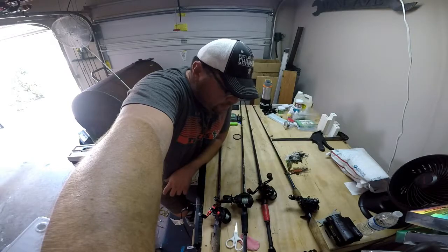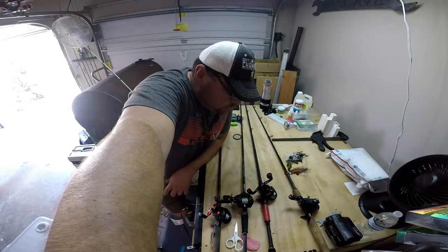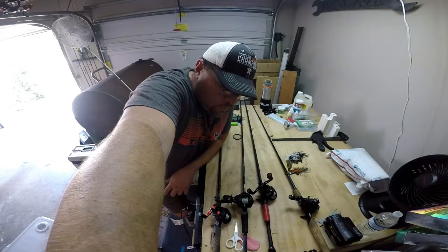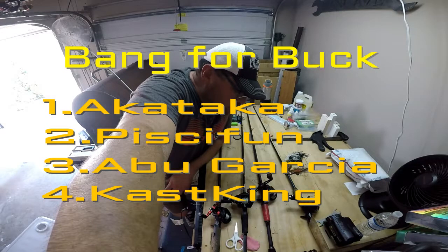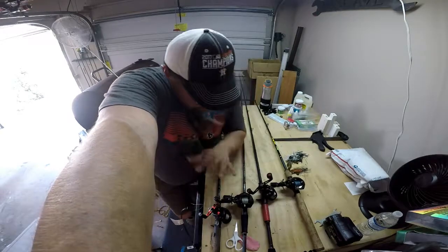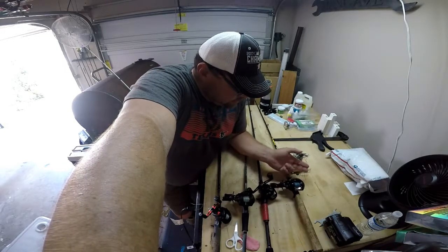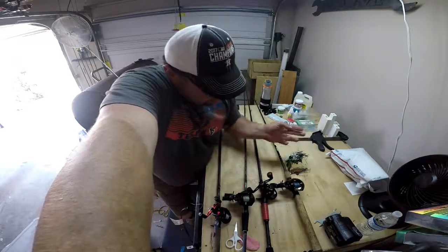If I were to go with performance and price, I would go with the Akataka 1, the Torrent 2, the Black Max 3, and the KastKing 4. I just don't know how I could really get the KastKing to work for me. I haven't had that issue with these. Is it that it has the KastKing line? We could always spool them all up and see if that's the issue,